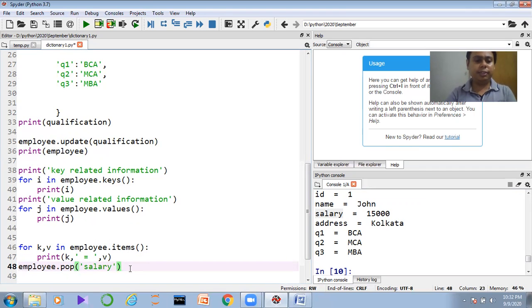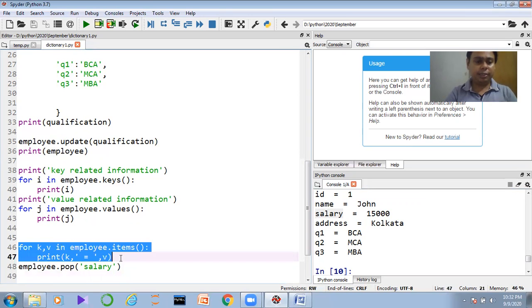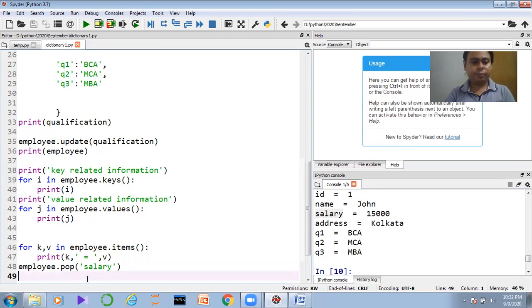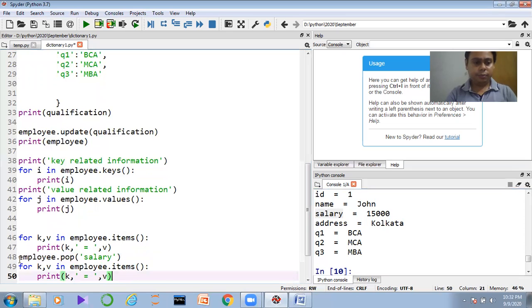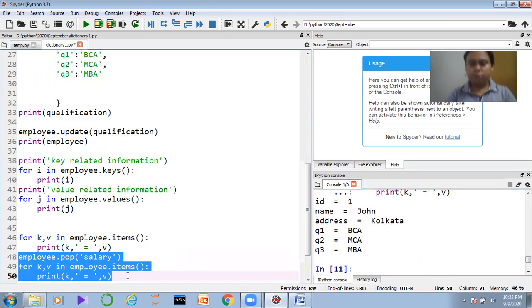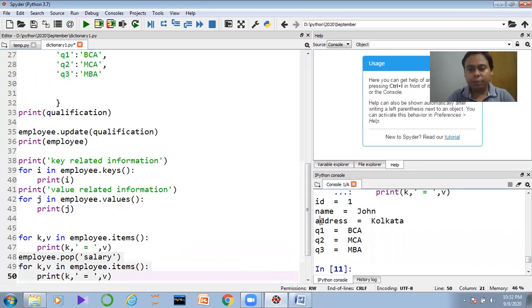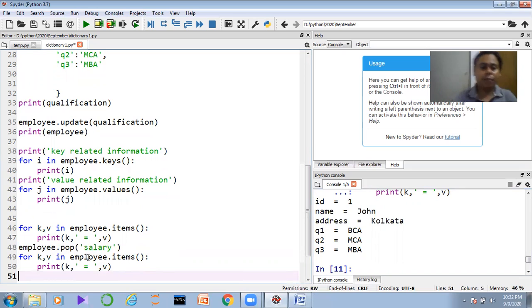I want to delete the salary of the employee, and after that I am executing the code here. Now you need to debug the code, and you can see I don't have the salary right now. Why? I don't have the salary, guys, because already I have deleted the salary. I am calling the pop function. So the pop function is used to delete the data from the employee dictionary object.